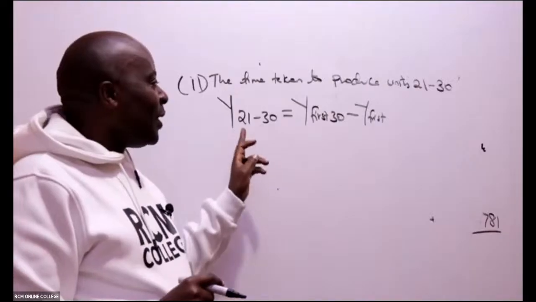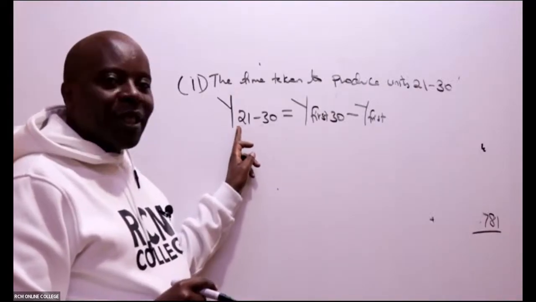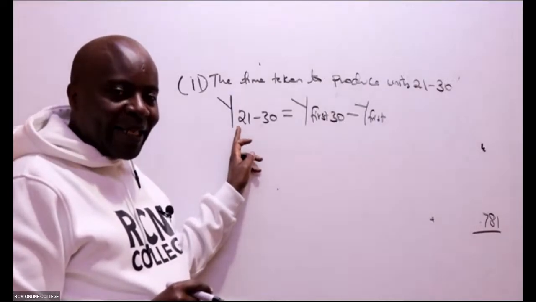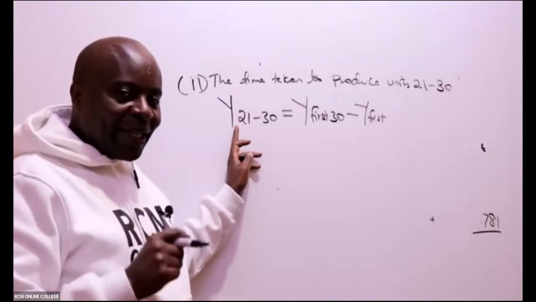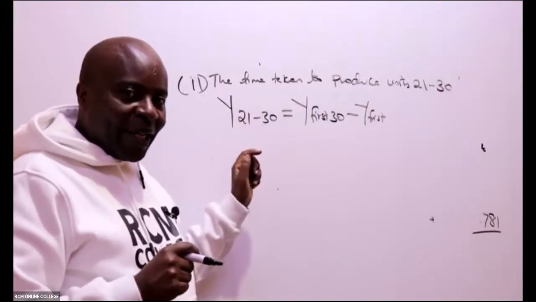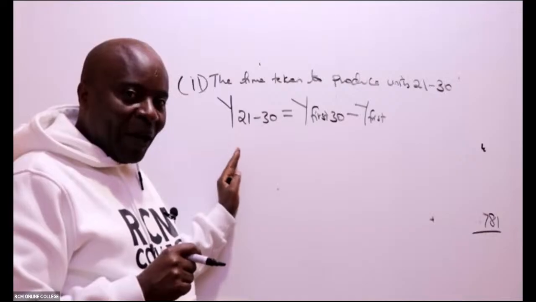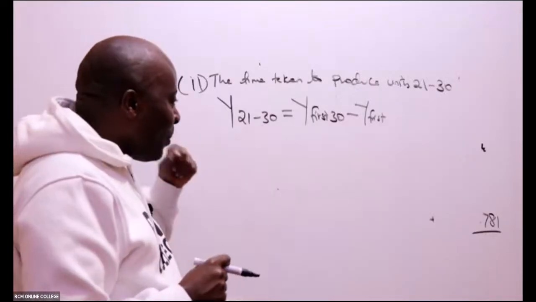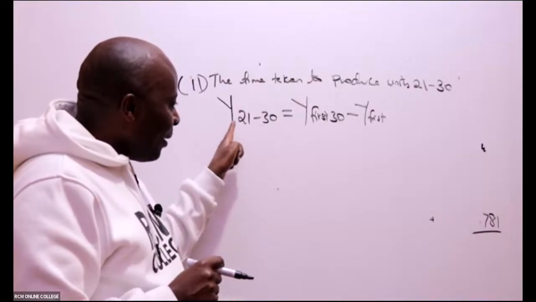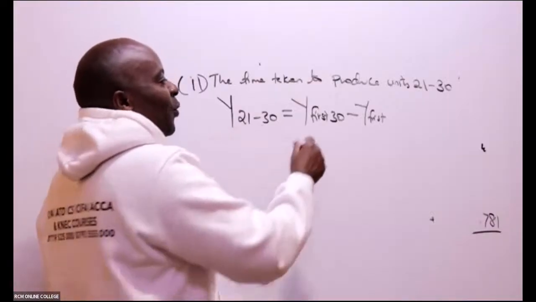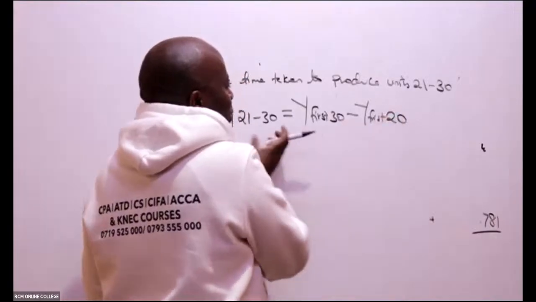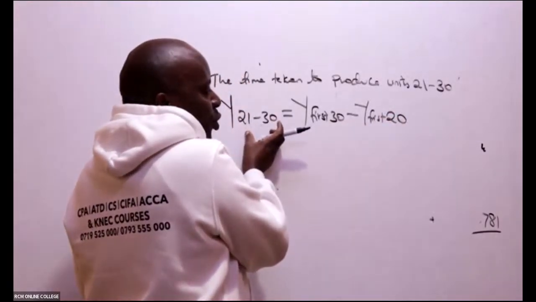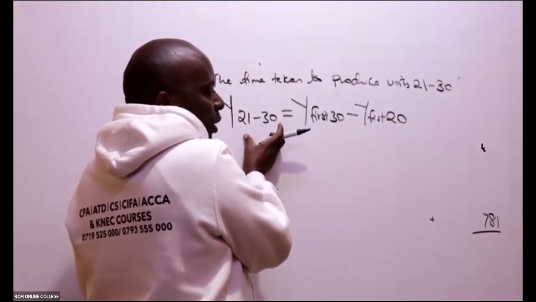So I'll be able to see that these guys are cutting the first. How many units are being cut? From 21 to 30 is required, so you'll be able to see the number being cut. It is the first 20. Don't cut 21 because 21 is in the good range.